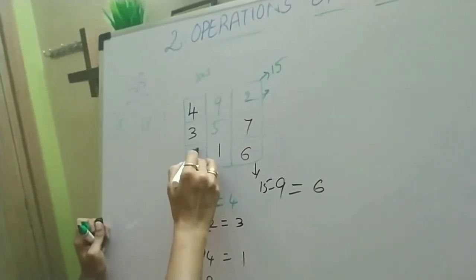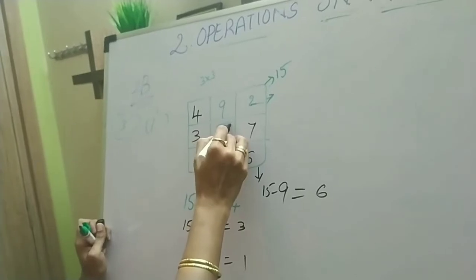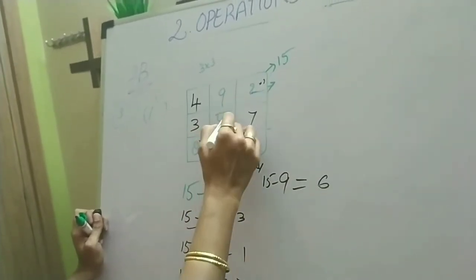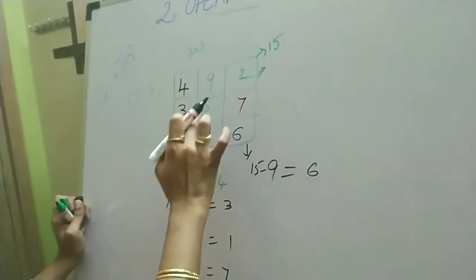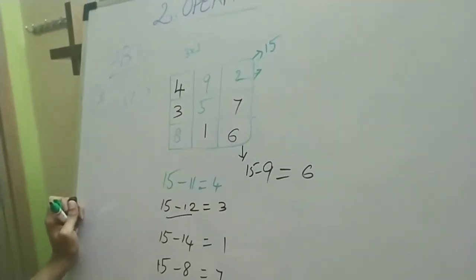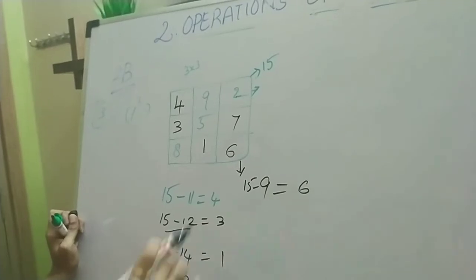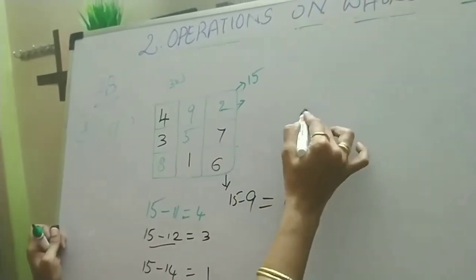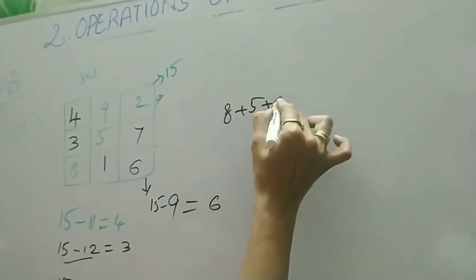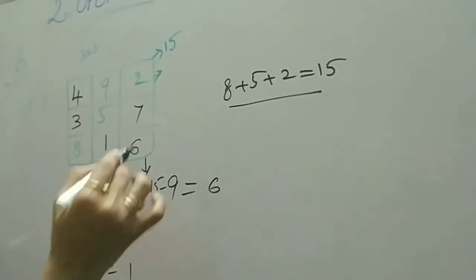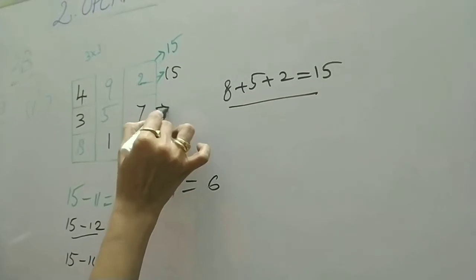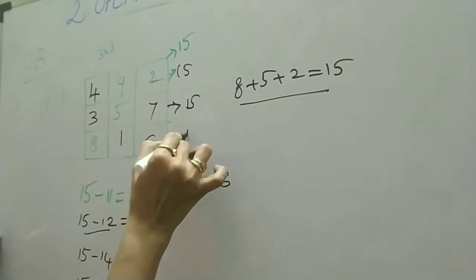Okay, if you multiply anything, 8 into 1 or 8 into 2, if you choose multiply, you can get the sum like that also. So whatever it may be, we have to find out the pattern first. Here the pattern is we are adding 8 plus 5 plus 2 equal to 15. So from this you have to get 15 in each and every row. Check this one, 15 only.